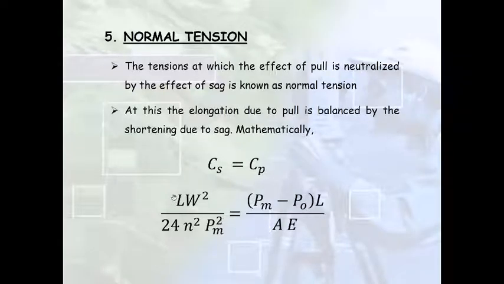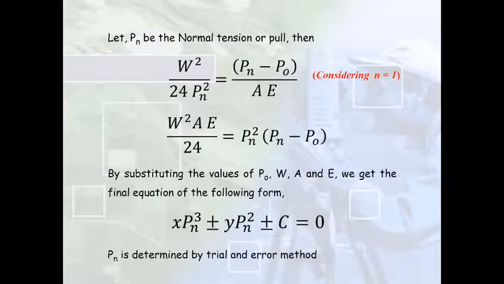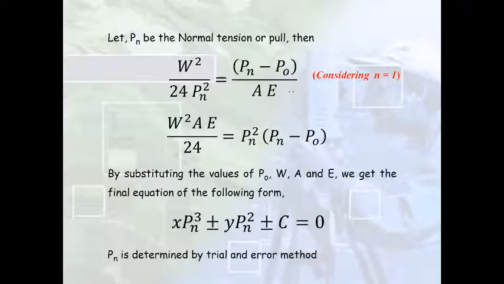So for that, all the other factors would be a constant, and we can solve this equation for Pm, and we can find out the normal tension that we will apply, at which the pull correction becomes equal to the sag correction and the total correction becomes equal to 0. So that was all about the corrections that we have to apply, and in the next lecture